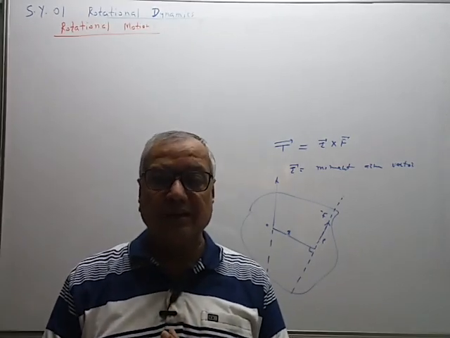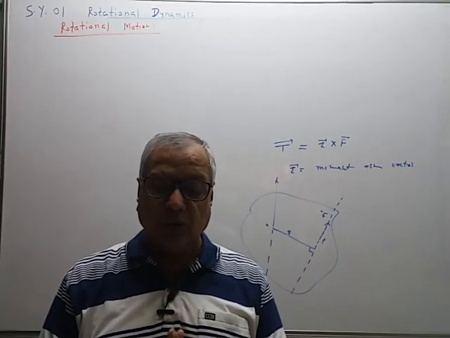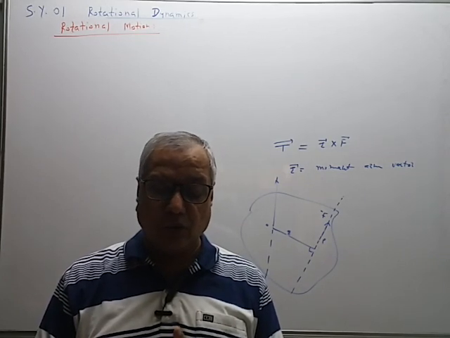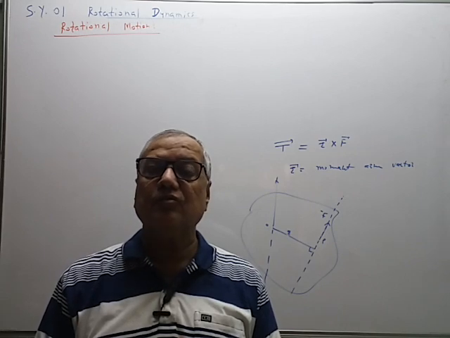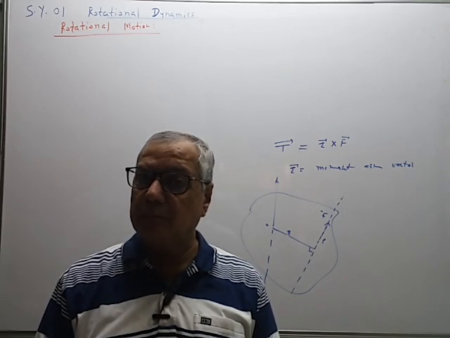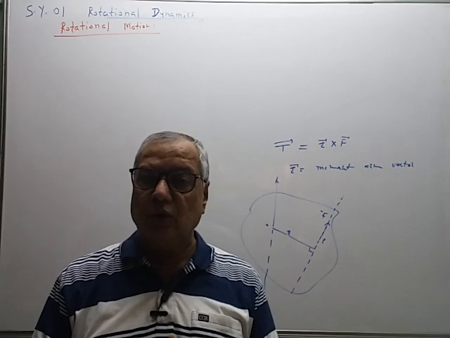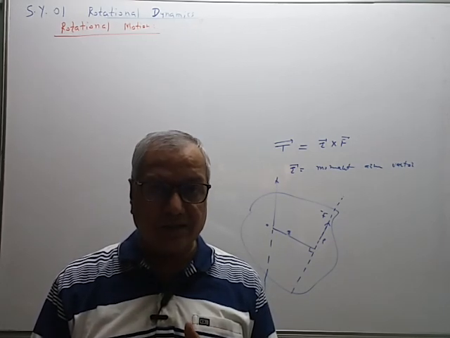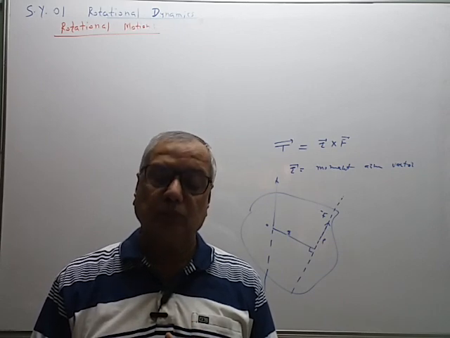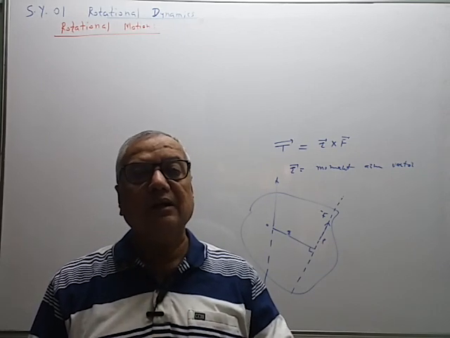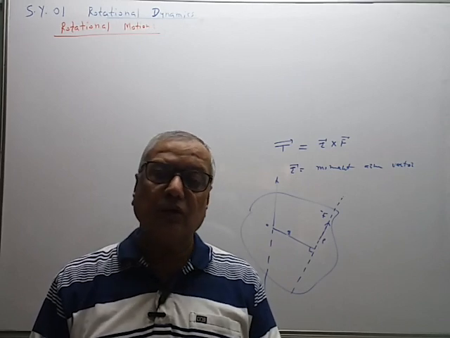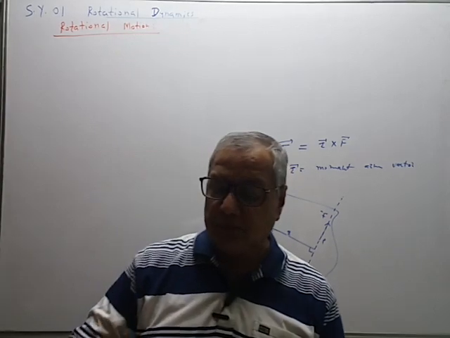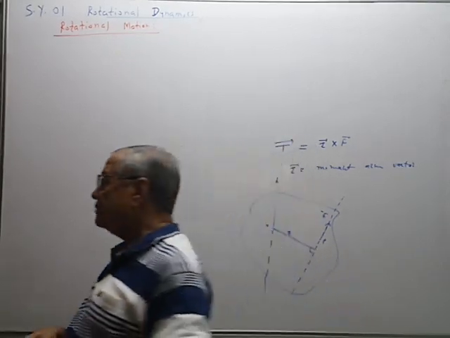Also we know the necessary conditions for rotational motion. Rotational motion is caused by torque. First point, rotational motion is always considered for a rigid body, where the separation between two constituent particles remains the same, whether the body is at rest or in motion. A rigid body is used, and this rotational motion is always about a given axis of rotation. So this point we have already seen, so we will revise them.